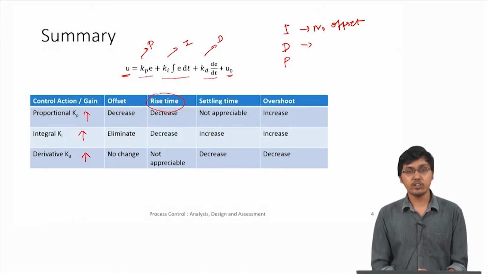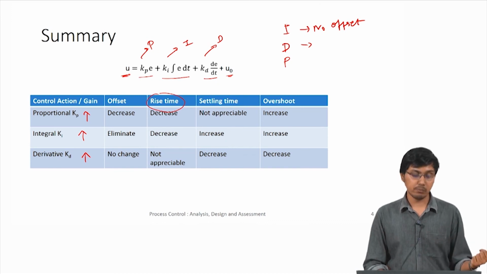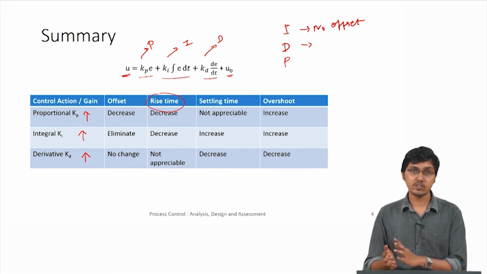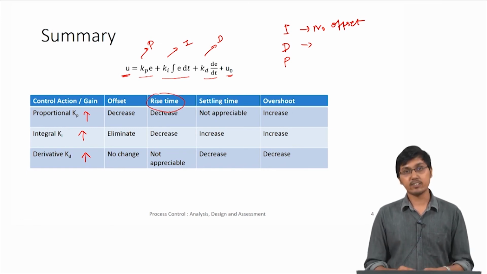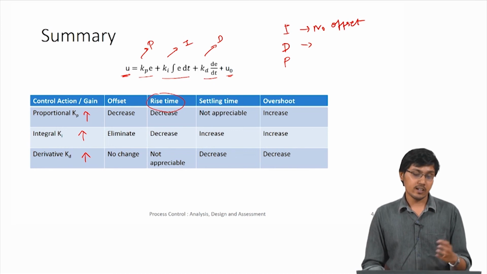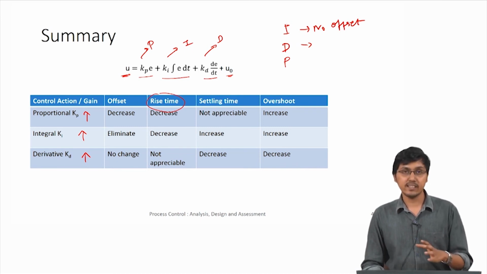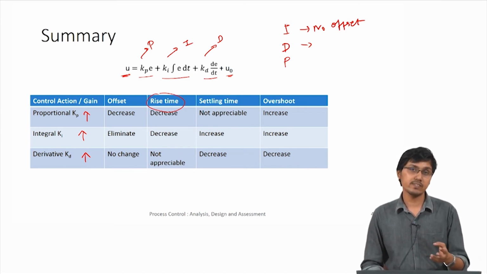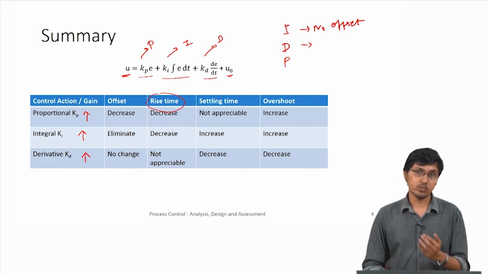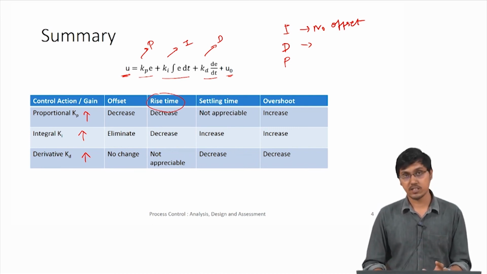In the next lecture, what we are going to do is go through some formal methodologies for how to get these values of Kp, Ki and Kd. Today we have just seen these values qualitatively, but there are certain rules for how to get Kp, Ki, Kd. Actually, there are a lot of rules, as several people have proposed several methods. So, we will go through some very standard methods, and then we will see how the system responds, and also we will briefly visit MATLAB's PID tuner block, to see how MATLAB automatically tunes the PID controller itself. It can itself provide the values of Kp, Ki, Kd. So, that will be the topic for the next lecture.